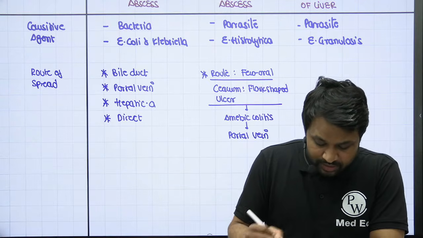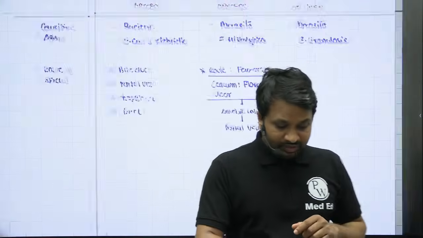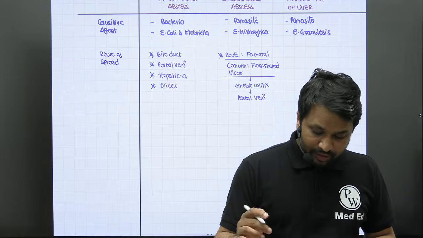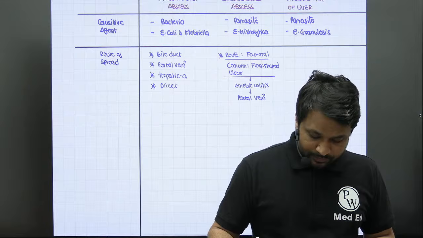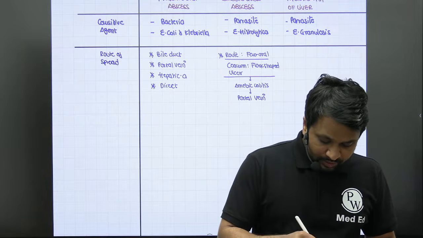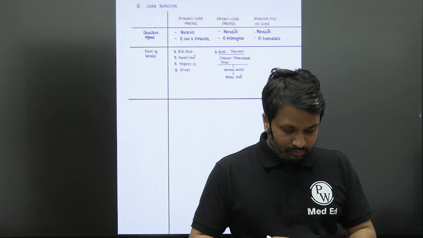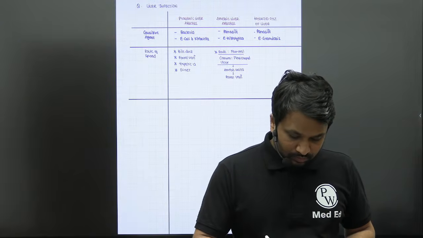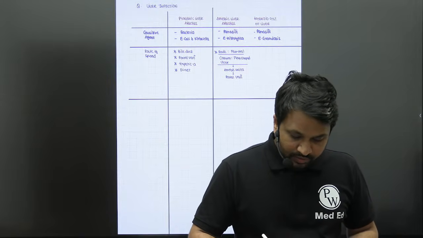Via the portal vein, it is now going to reach down to the liver. So the Entamoeba histolytica is going to reach the liver with the help of the portal circulation. Now, if you observe very carefully, even when it is reaching the liver,